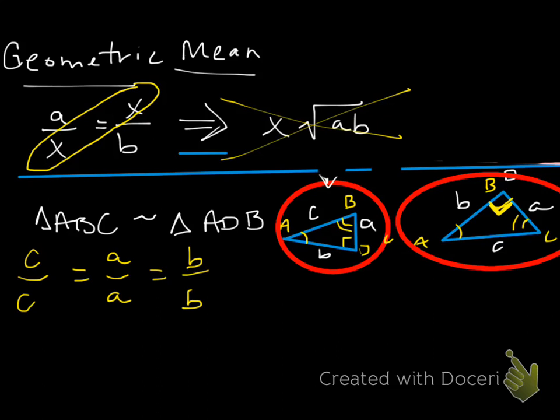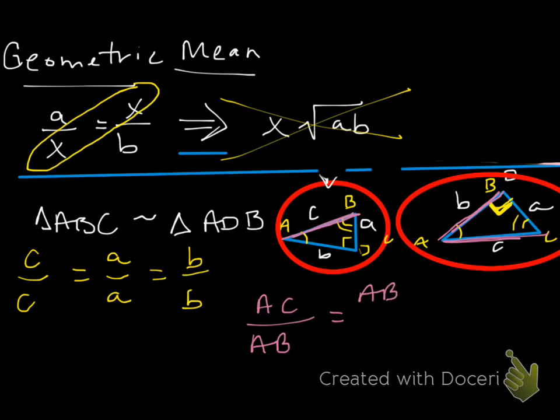Let's start with AC. Looking at our first triangle, our quote unquote big triangle, let's look at AC. What does it correspond to? What is this side right here correspond to in triangle ABD? Yeah, that's the hypotenuse, which is AB, right? So AC is over AB. And if I'm creating my proportion, my ratio, I'm going to put that over here, side AB